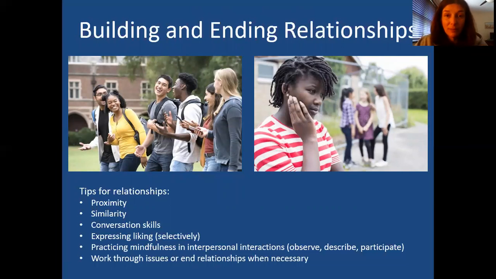So they talk about proximity. So being around the same kind of people a lot helps you build relationships and start friendships, or dating perhaps, right? That's what you're into. Similarity, finding people you have stuff in common with. I would say make sure it's positive things you have in common, because it's very easy for people to drag each other down, such as have contests about who has the worst self-injury and to bond over negative things. So watch that, okay? If you're in recovery and you're in DBT, you should hopefully pick people that you have stuff in common with based on positive interests.